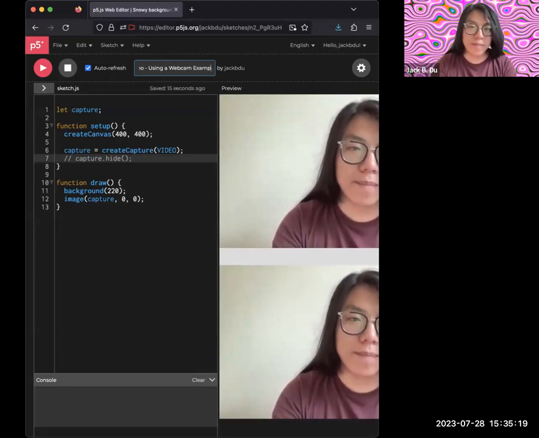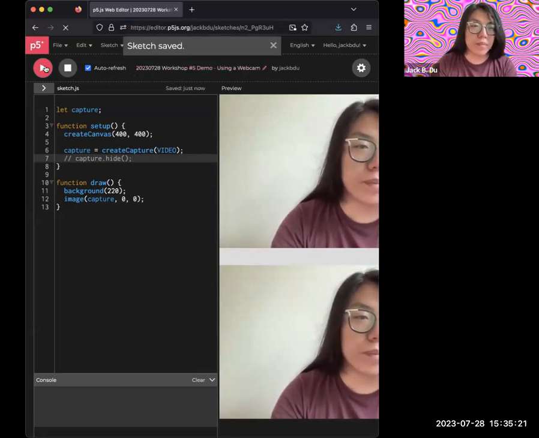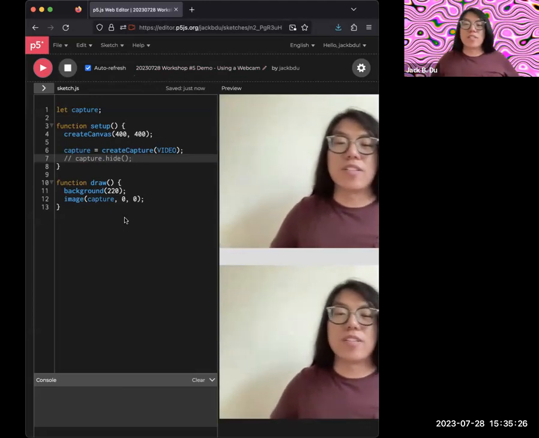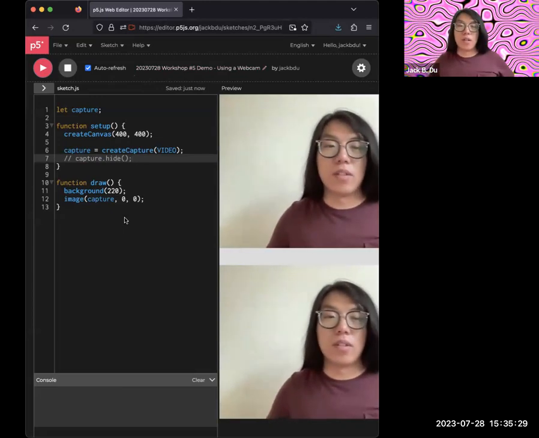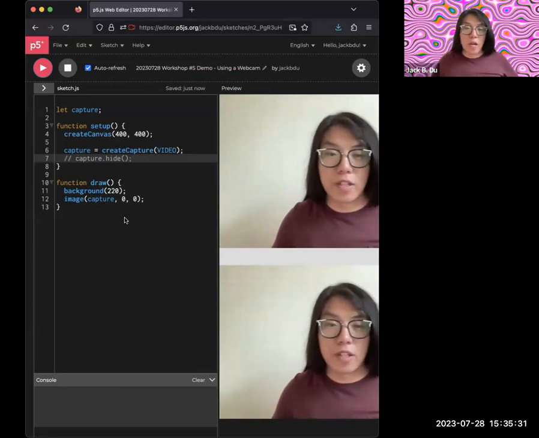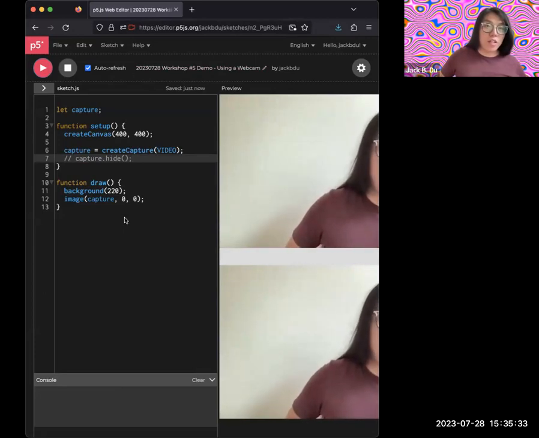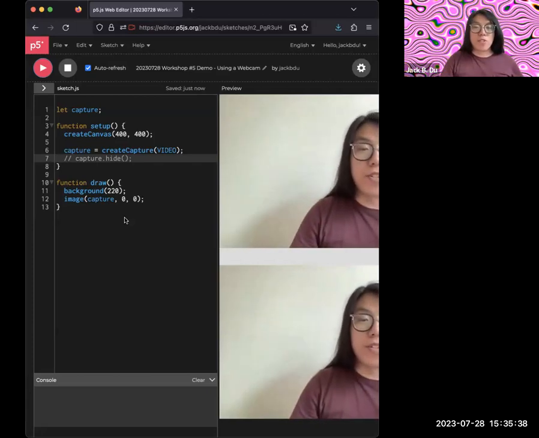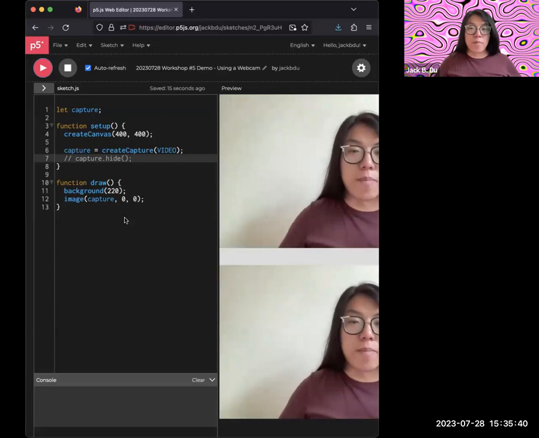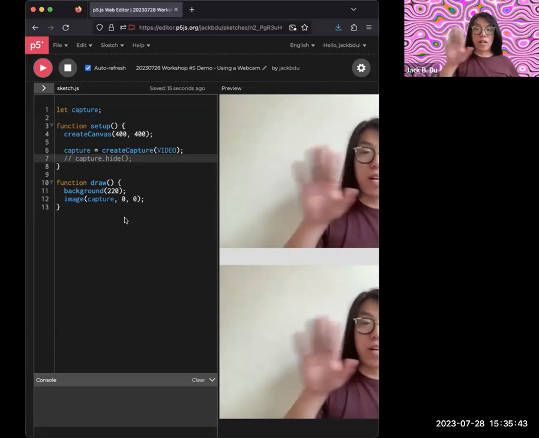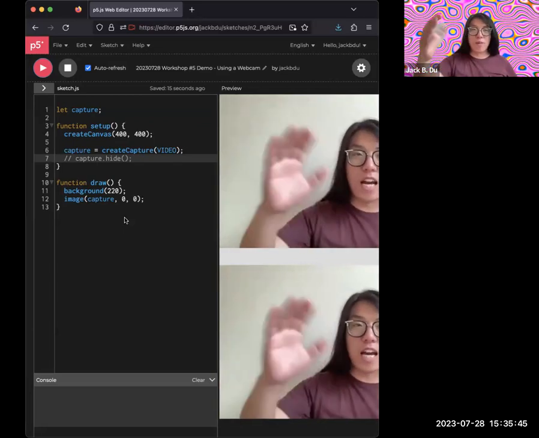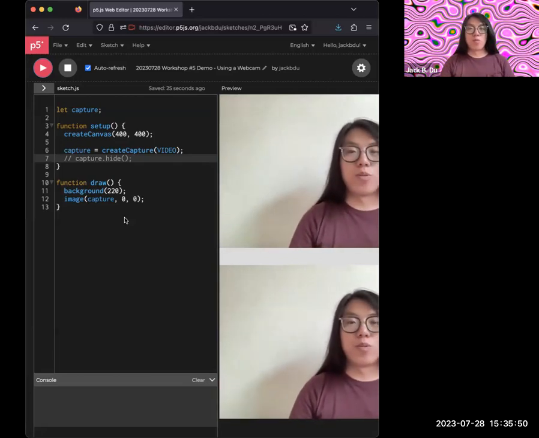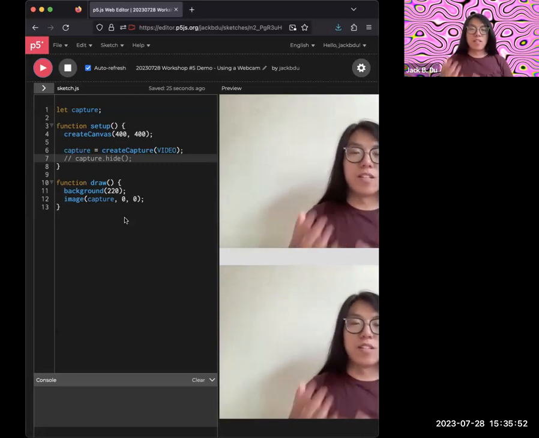Or maybe using a webcam. Yeah. So that's that. But now, if you're running this on your browser as well, you'll notice when I move to my left, the image of me will move to my right side. That is because the camera is facing me, so it's mirrored. When I move to my left, the image will move to the camera's left, which is my right,